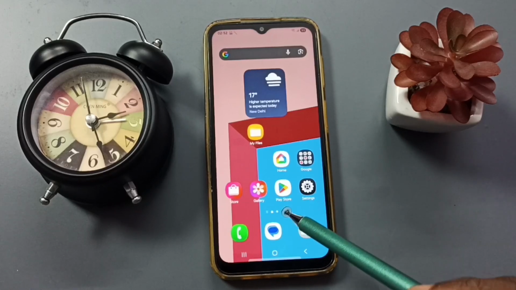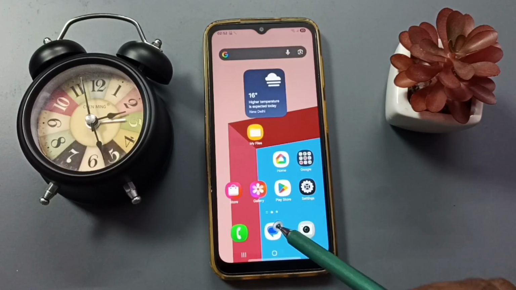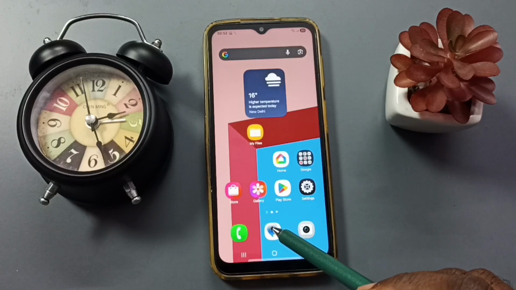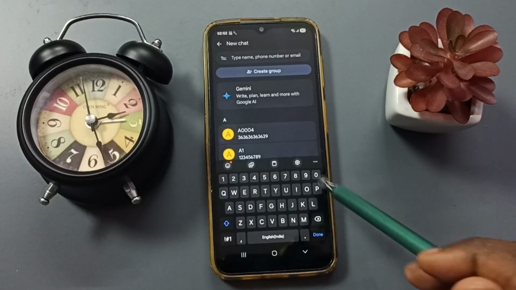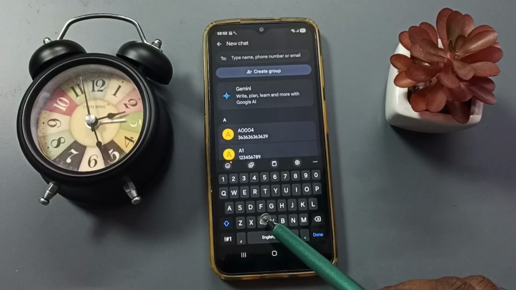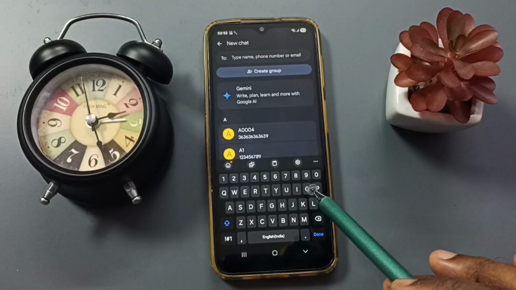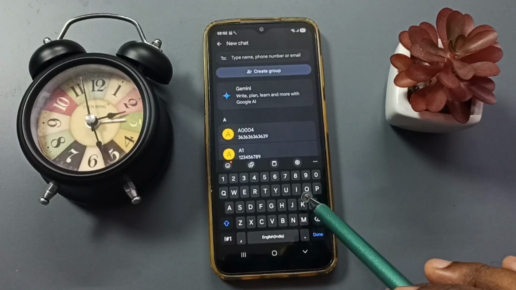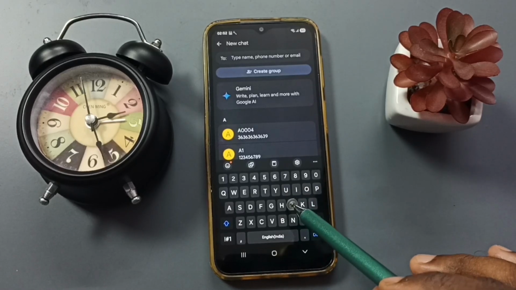Hi friends, this video shows how to change the voice typing engine of the Samsung keyboard. First let me open this messages app and tap on this new message icon. Here you can see the Samsung keyboard, but right now the microphone voice input button is missing in this keyboard. I will show you how we can enable that missing microphone voice input button and how we can change the voice